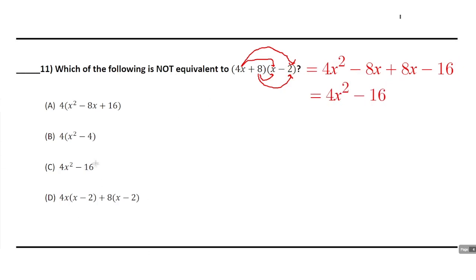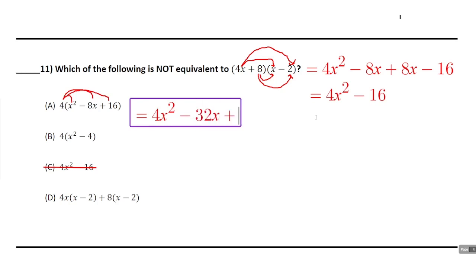Now, C obviously is the exact same as here, so we can rule that one out right away. But let's start going through these. So for letter A, I'm going to distribute the 4 and see what happens here. I'm going to just multiply 4 by each one of these terms inside the parentheses, and I get 4x squared minus 4 times 8 is going to be 32x, and then plus 4 times 16, which is going to